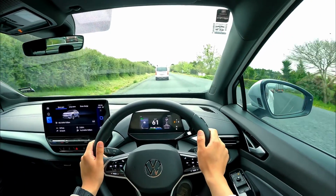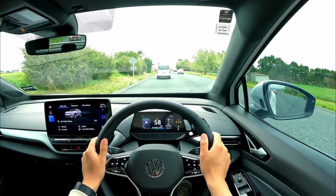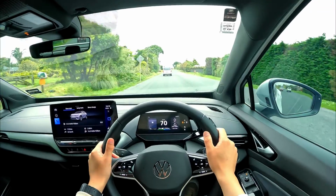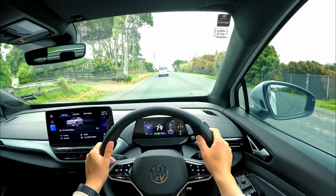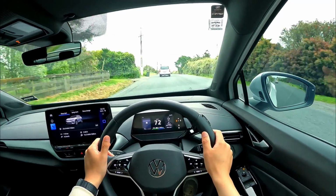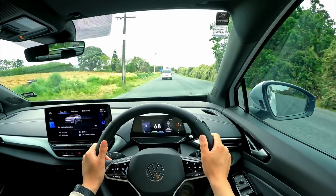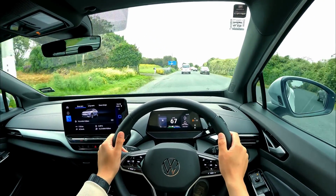On this very rough seal, you'll hear the noise, but it's relatively quiet, I think thanks to its build quality. And driving wise, the pedal is fairly responsive. When you put the foot down, it's gonna go. It doesn't really throw you to the back seats, but overall performance is not shy. You are getting a good amount of performance assist on this sort of vehicle,